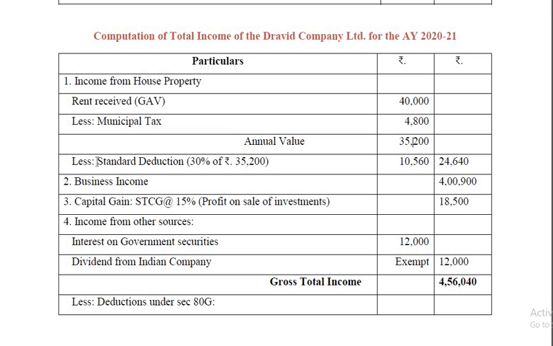Then from that you have to deduct standard deduction. Standard deduction is at the rate of 30% of annual value. So actually there are two deductions normally. One is standard deduction, other one is interest on housing loan. Here there is no interest on loan, construction or purchase of any house property. Only item 30% of annual value 35,200. Of that 30%, 10,560. So income from house property, let out house property is